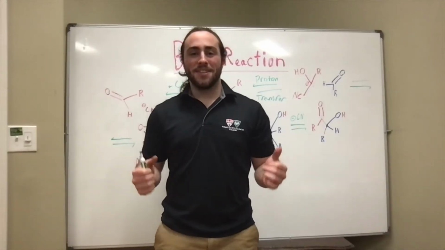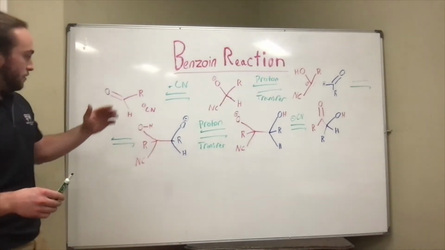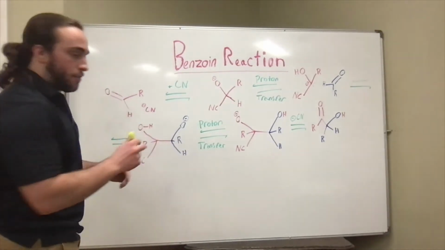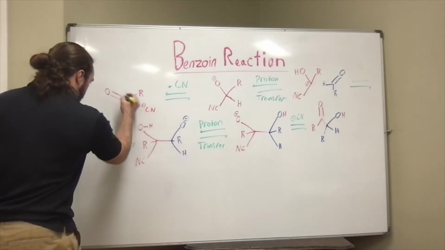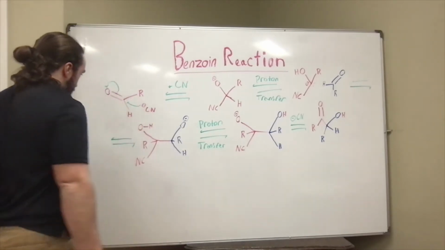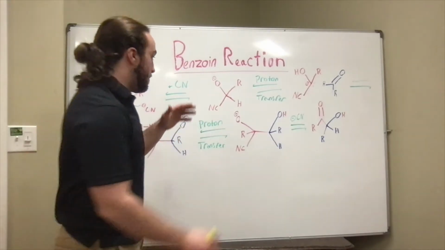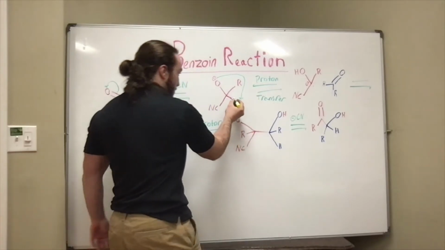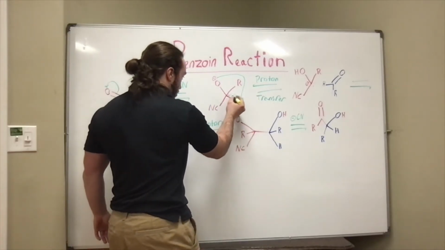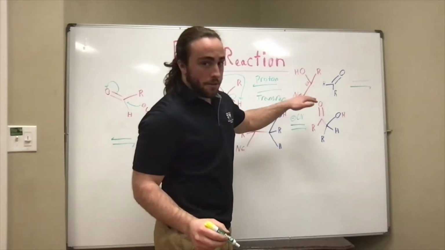Behind me is the benzoin mechanism. The first step of this mechanism is that the NaCN will dissociate into a cyano group, and this cyano group will attack the carbonyl of the aromatic aldehyde, moving the electrons up to the oxygen, creating this molecule here. From here a proton transfer will happen, in which the negated oxygen will attack the hydrogen down here, breaking this bond and moving the electrons to this carbon center, negating the carbon and allowing it to attack the other aromatic aldehyde,